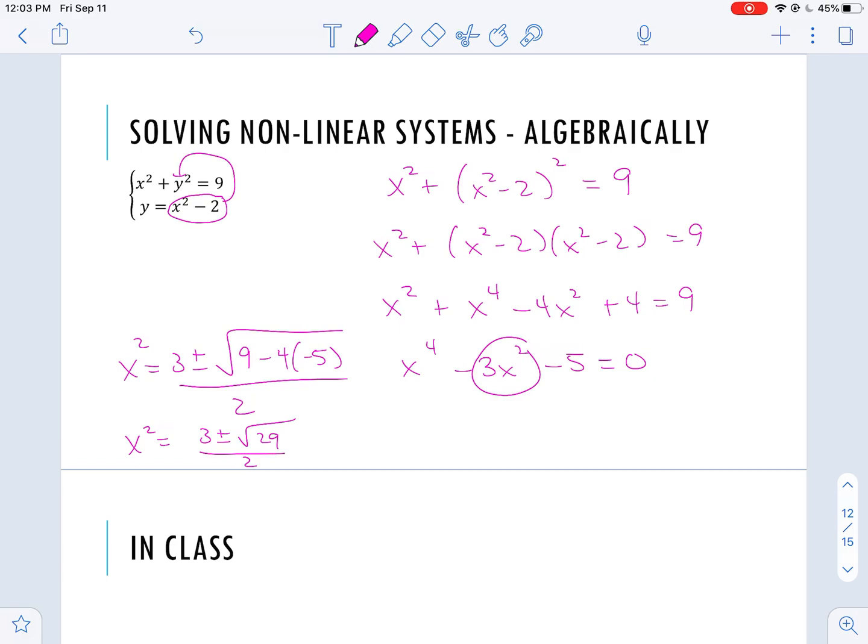So you guys can check your work. I'm sure we graphed this on Desmos and found those decimal points. And then I'm sure we used the quadratic formula and worked this all the way out in class. So you can check that work against your finished notes. Let me know if